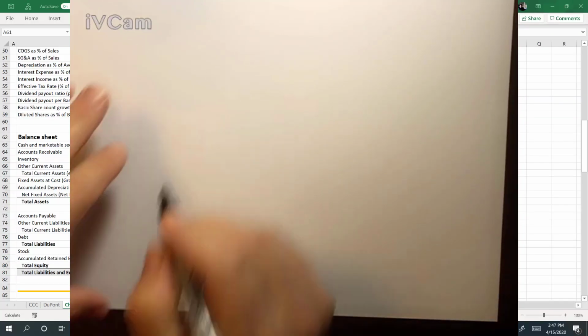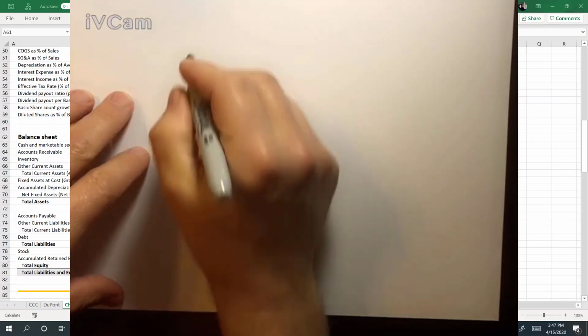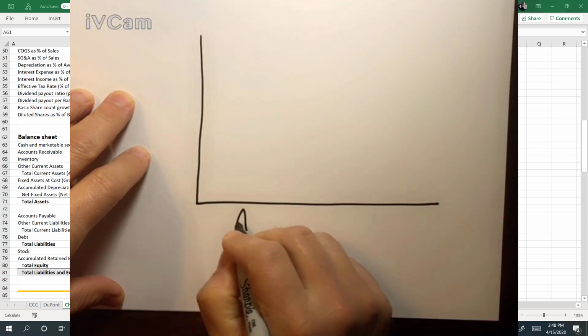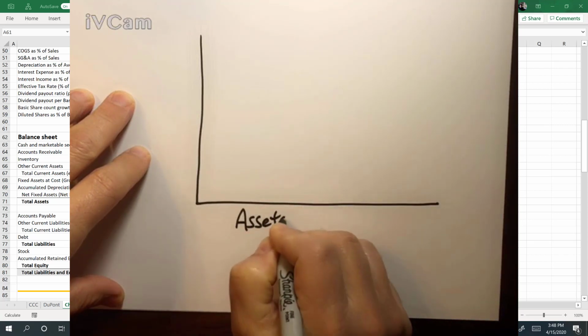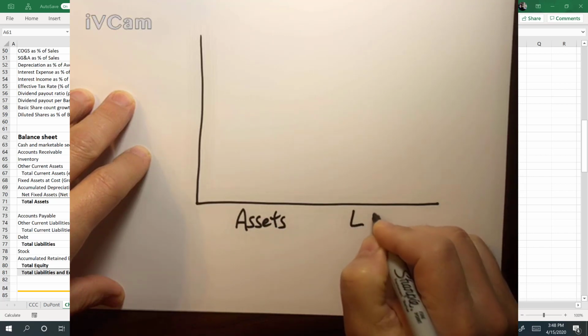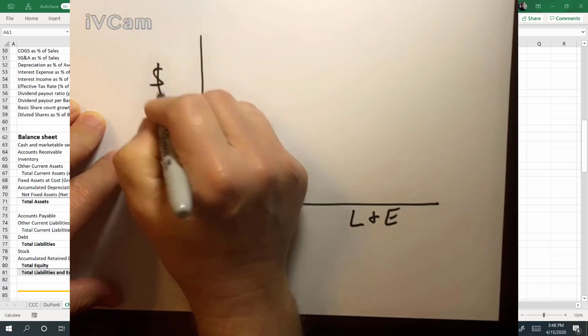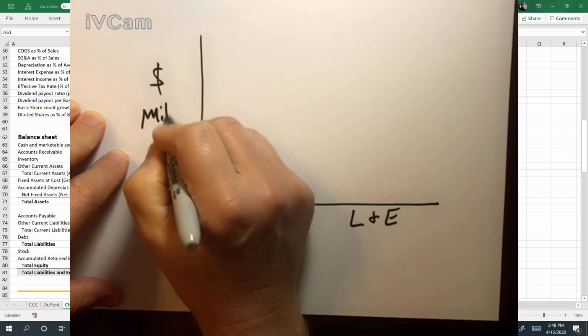Hello again. This time let's look at the effect on the balance sheet of issuing debt and equity. So specifically we'll look at the assets side of the balance sheet and the liabilities and equities side of the balance sheet. We'd like to see what's happening in millions of dollars